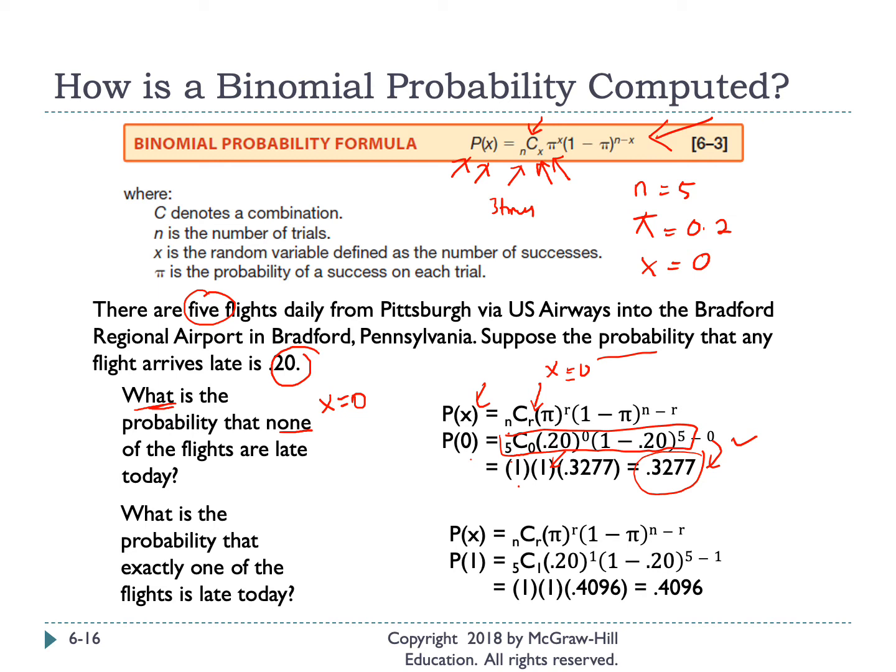Okay, let's look at the second question. What is the probability that exactly one of the flights is late? So this is your x, which is 1. All items are the same: n equals 5, pi equals 0.2, and now your x equals 1. Just replace 0 with 1, so you should get this value,